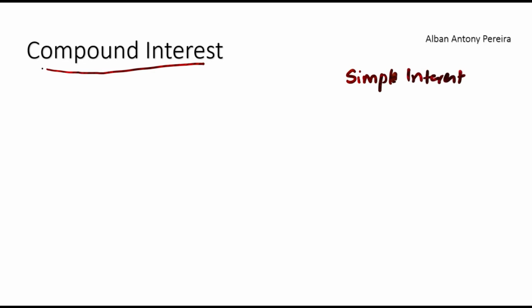Alright, so in case of simple interest, the principal remains the same for the entire period or for the entire time. And if that interest is calculated wherein the principal remains same and does not change, then that particular interest is called simple interest. Okay, as against that, there is another interest called compound interest. So in case of compound interest, there will be interest on interest.